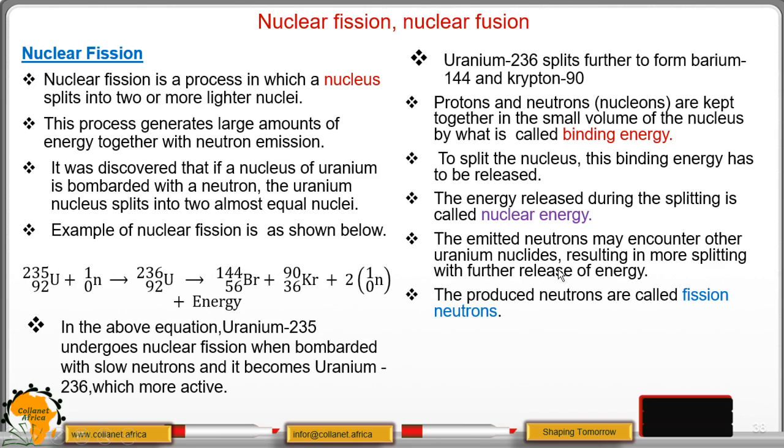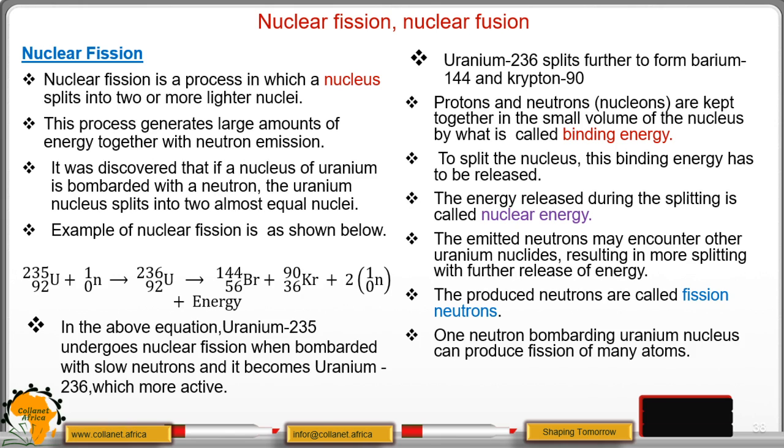So when that happens, these neutrons that are emitted, we call them fission neutrons. These fission neutrons will bombard another uranium that will give us another fission or another splitting of many atoms, and that process will continue. And when that process continues, then it gives us what we call the chain reaction,